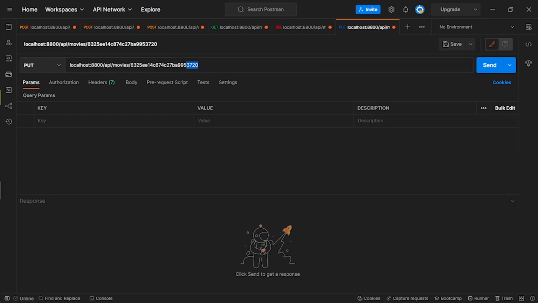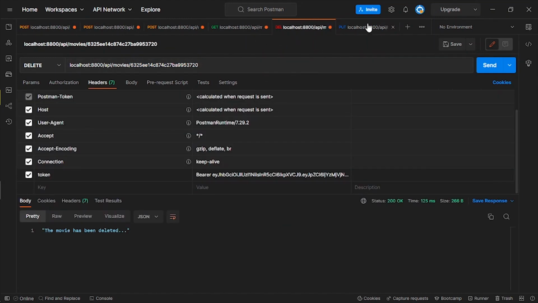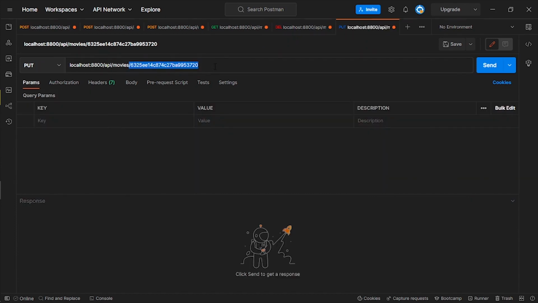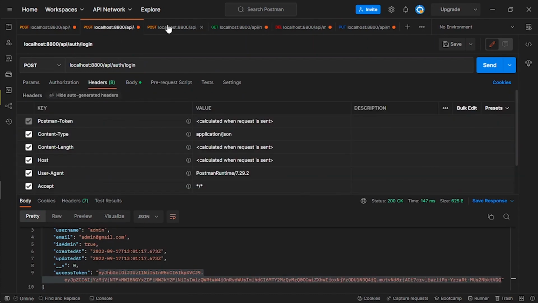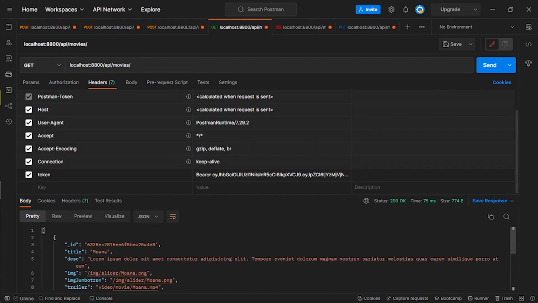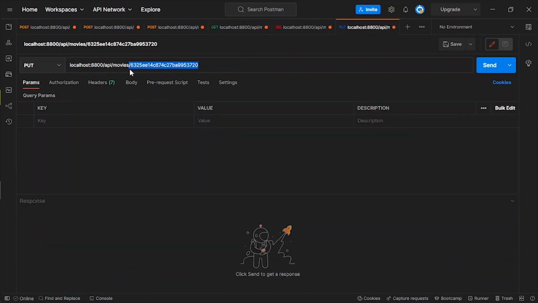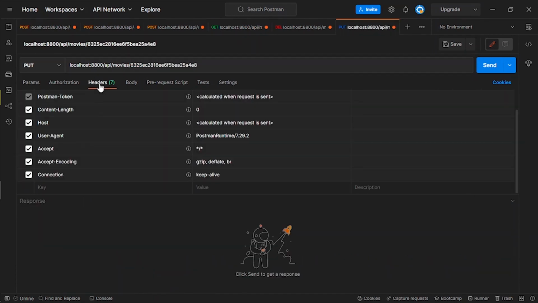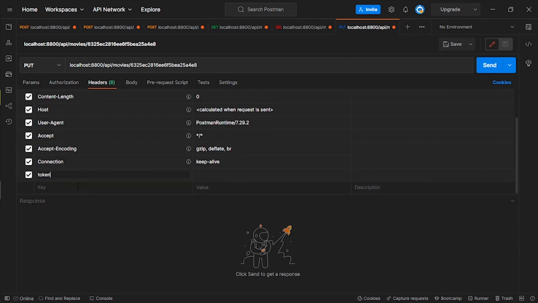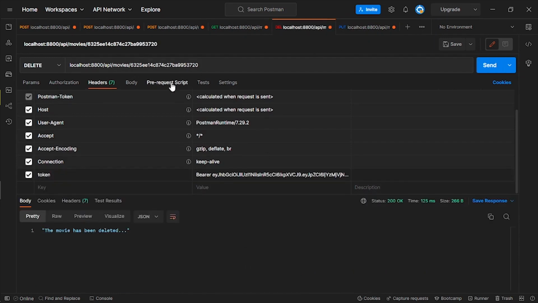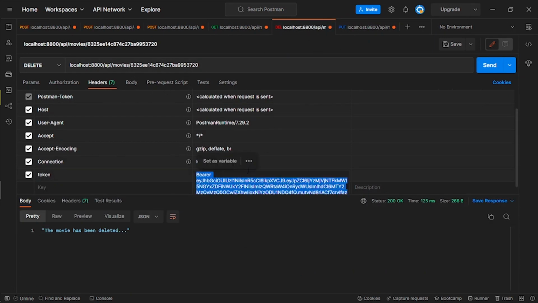And remember, this input is used for deleting, so that means the movie with this ID is already gone. So we are going to use the Moana one, and we're going to copy and then paste it here. In the headers, I'm going to pass the token. Here I'm going to copy the token,